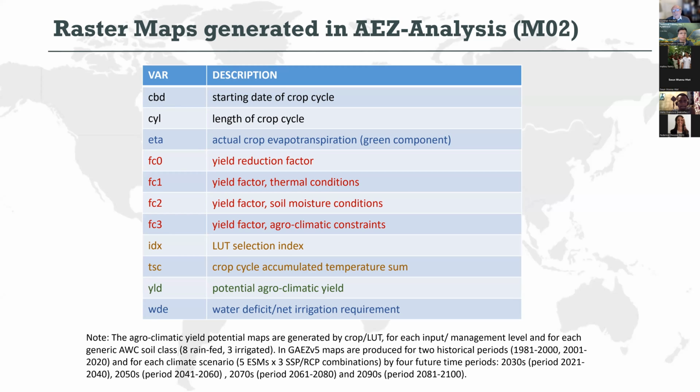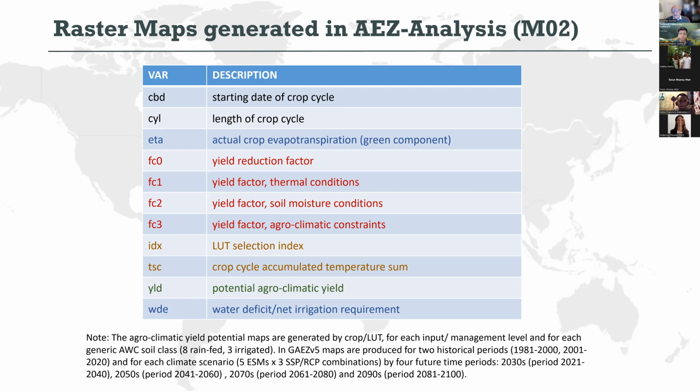An array which we call land utilization selection index. Behind this is the fact that we are not dealing only with one wheat type, but in the global AEZ with 20 different generic wheat types. And the system then selects in each grid cell a best land utilization type for that location. And this map would indicate which of the LUTs has been selected in a particular location.